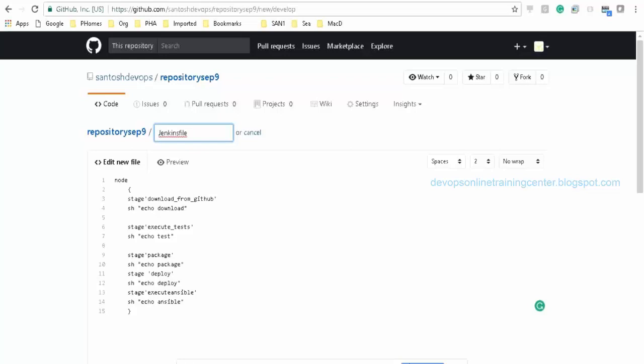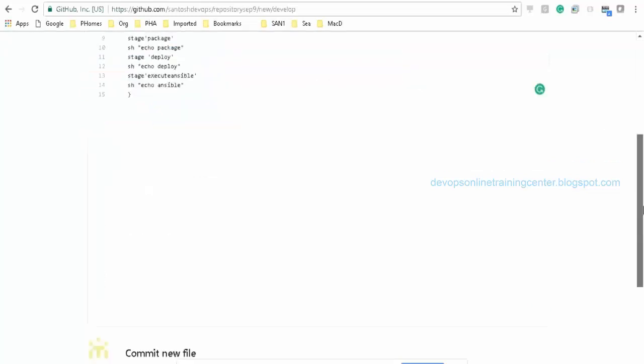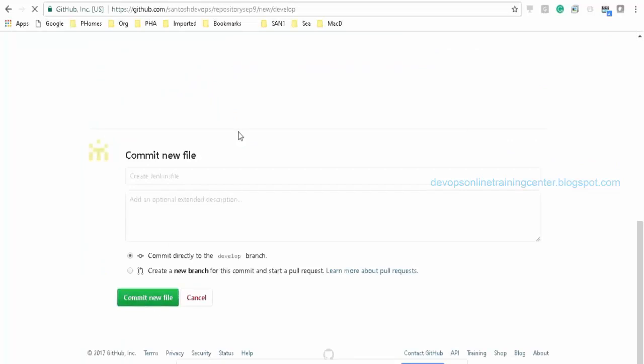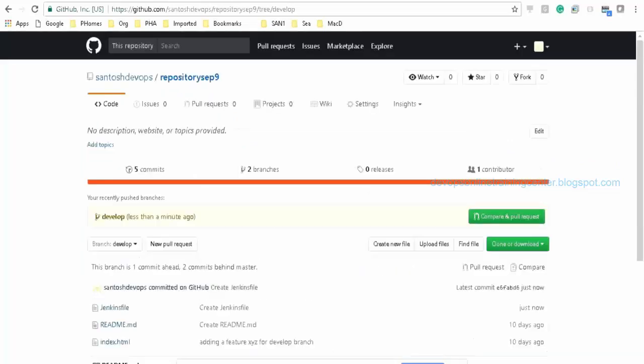The file name should be Jenkins file, where you put the code. You just name the code file as Jenkins file, right?